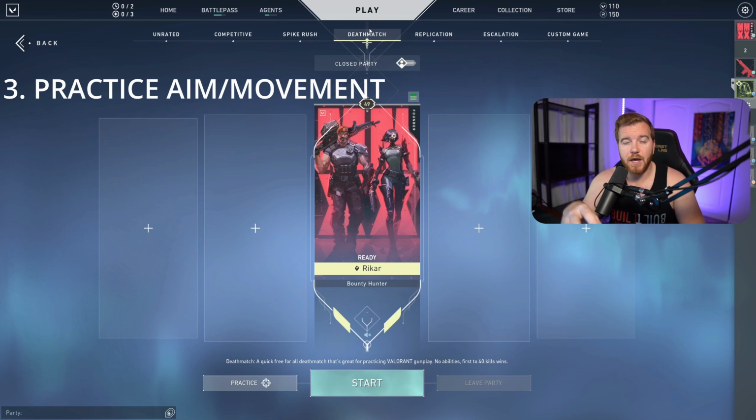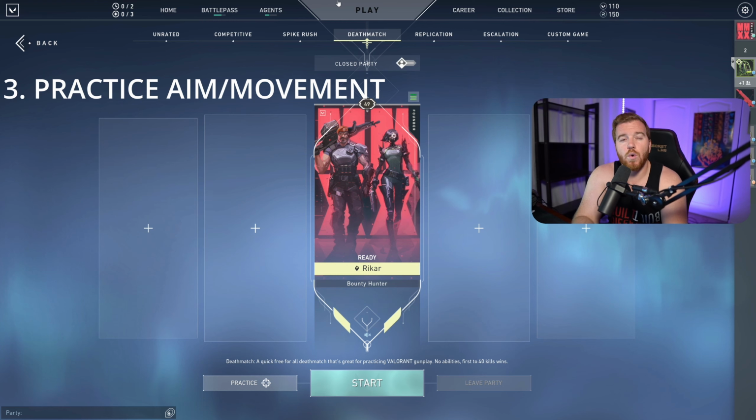I've started playing Deathmatch recently. I used to just play Aim Labs, which Aim Labs is amazing for mouse control and learning how to use your mouse correctly. But if you're not using your keyboard and your mouse together in this game, it's just not going to work. But the other part to this that I think is just so important,